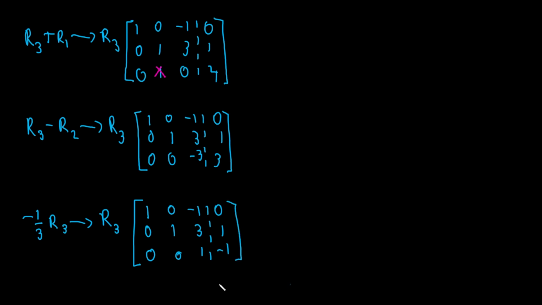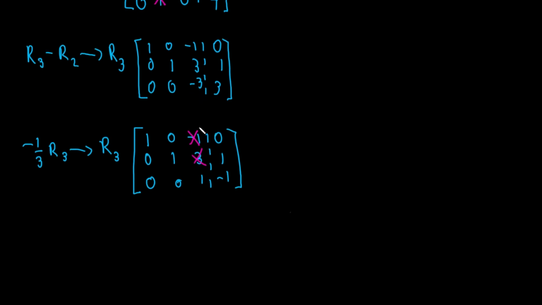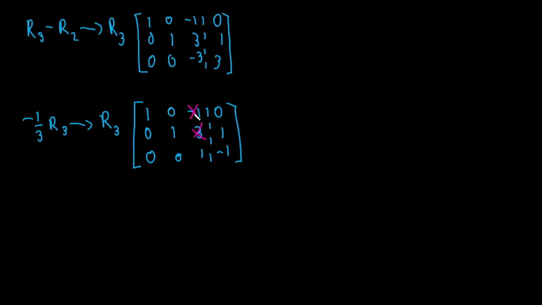Okay, now we go ahead and we have to eliminate every other term in this column that's non-zero. So we need to eliminate this 3 and eliminate this minus 1. And then we've successfully converted our matrix to reduced row echelon form. So let's first eliminate the minus 1. We could eliminate either term first, but I'm just doing the minus 1 because you can choose your order, it doesn't matter. So we can eliminate the minus 1, and to do that, we go down the column,